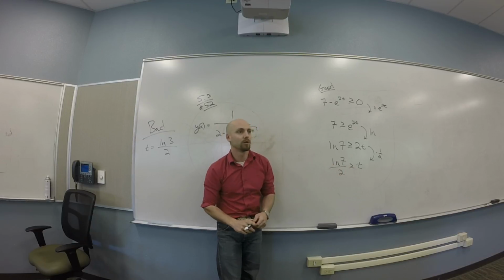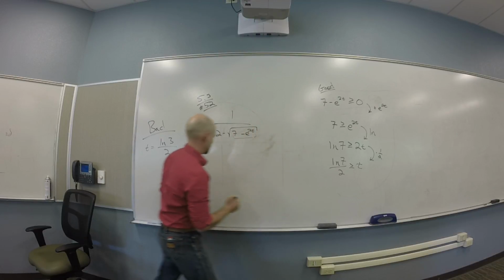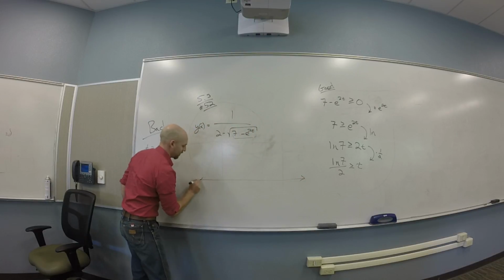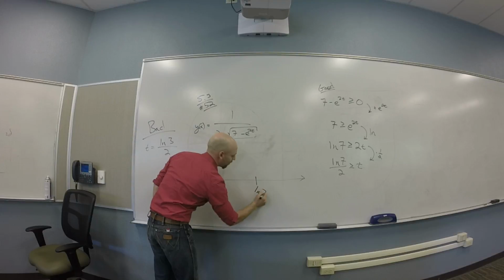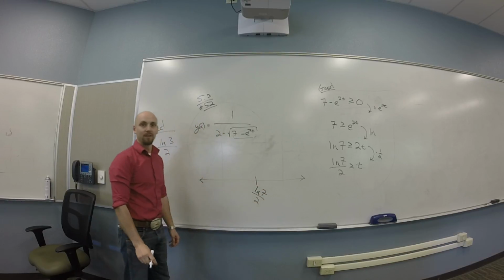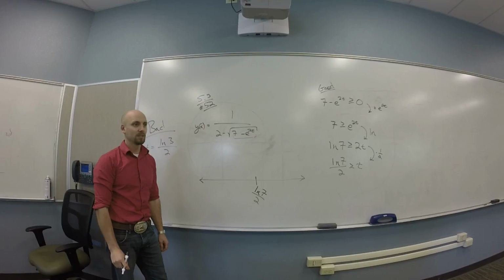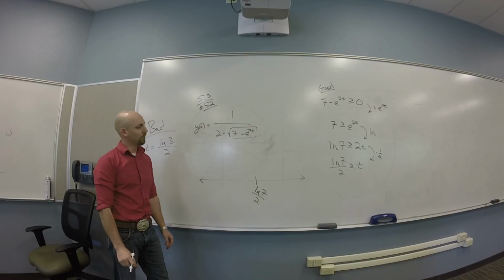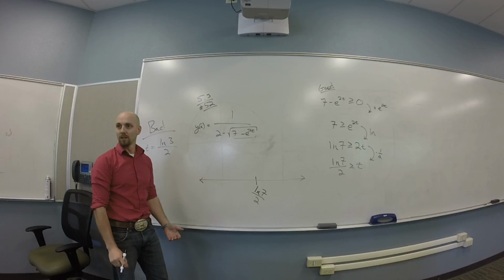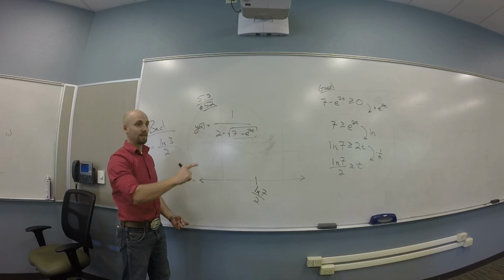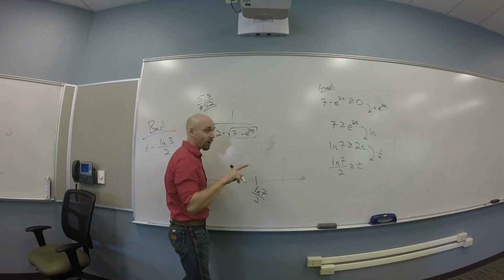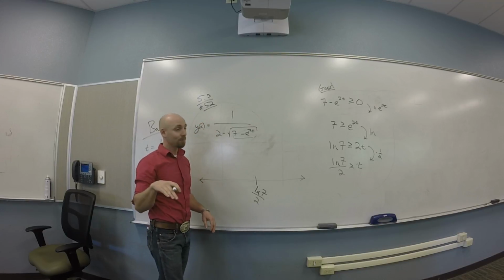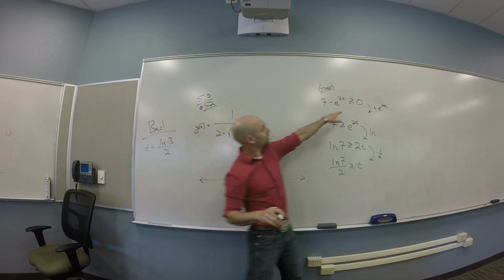So what's my domain then? How about a number line? Peg that thing on it. So someplace here is log of 7 over 2. You guys with me on this? And then which stuff is okay? Anything greater than that? Anything what than that? Less than or equal to. So if you're not sure, which you're probably not going to be, t has to be less than. Solve this direction of the thing as equality,